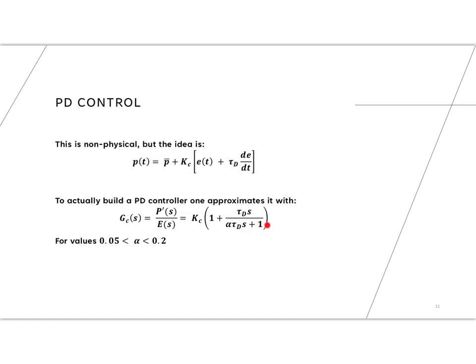You have to have the denominator be at least the same order polynomial as the numerator. So the trick is they will, instead of tau ds, build it by doing tau ds over some number times tau ds plus 1. Now that number is going to be a small little number, okay, 0.05 to 0.2, but it makes it so you could physically build this. But again, it's pretty rare to do PD control on its own,